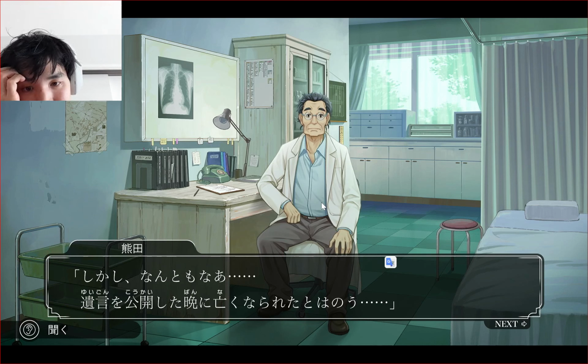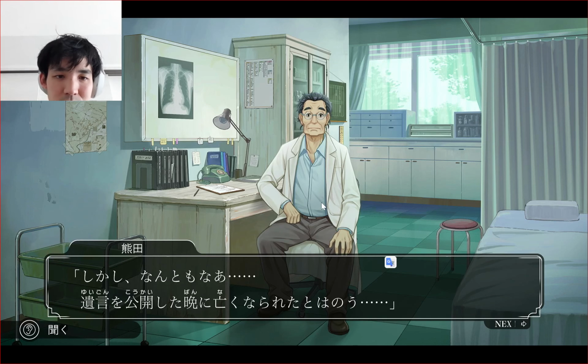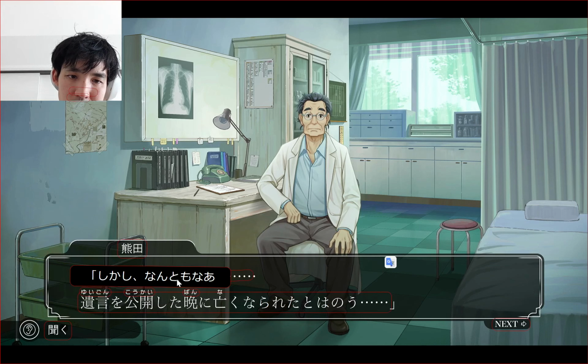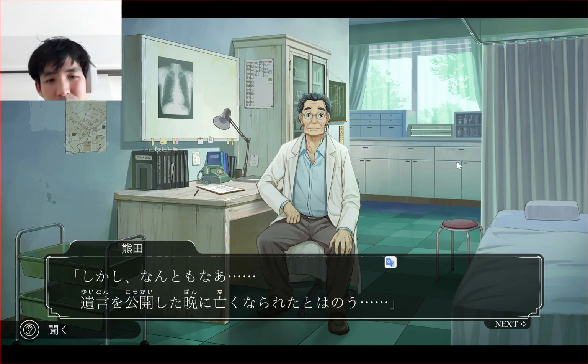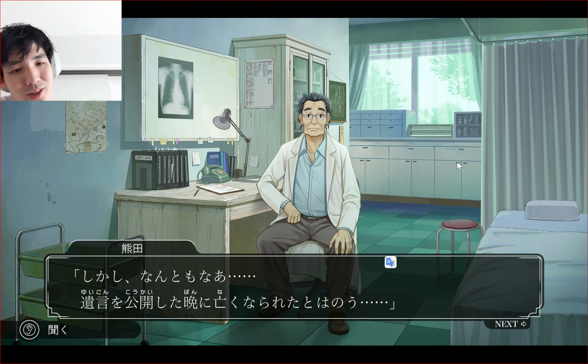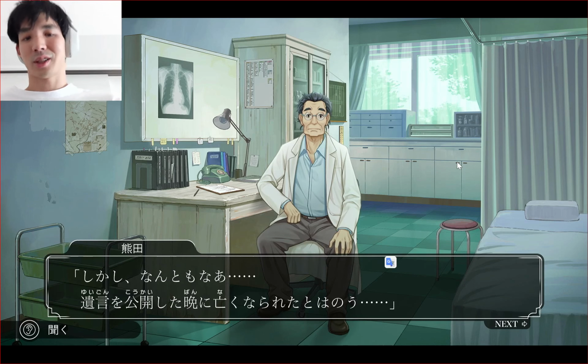Oh, he died on that とはの. Gonna try to translate. なんとも, really. しかし, however. しかしなんともの. I guess this is the suspicious part, that on the night that they were reading his will,